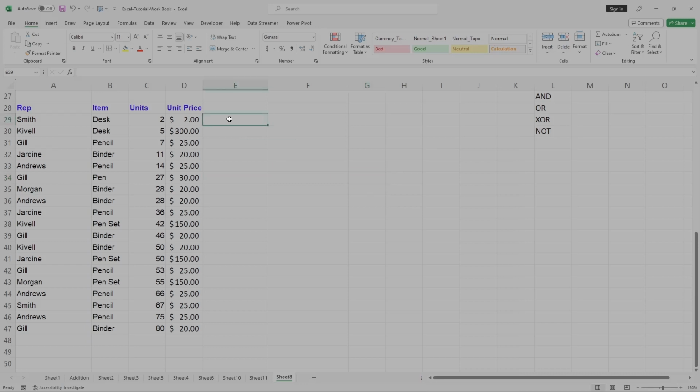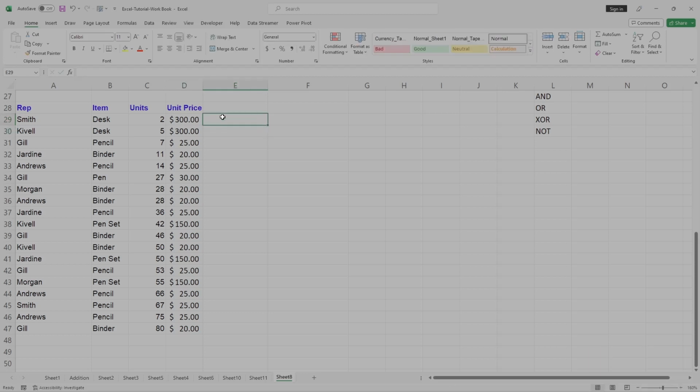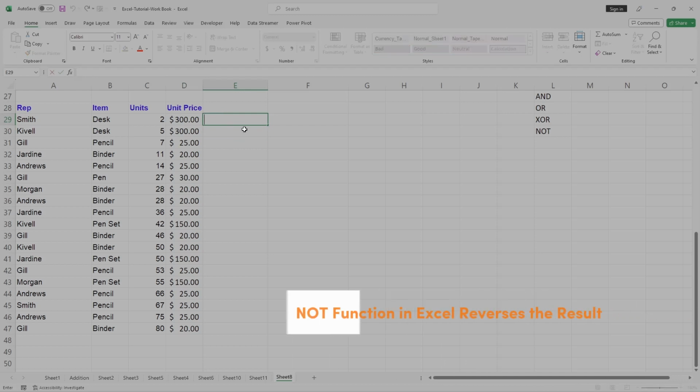Tutorial, let us see how to use the NOT function. The NOT function in Excel basically reverses the result. For example, in column E, if I enter equals NOT,